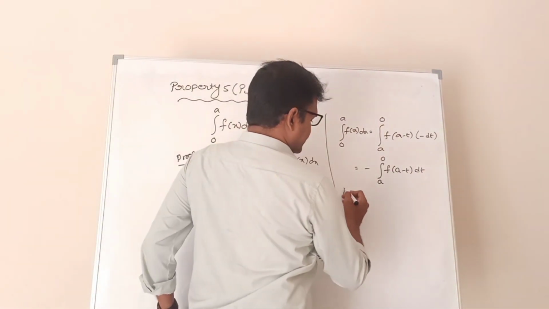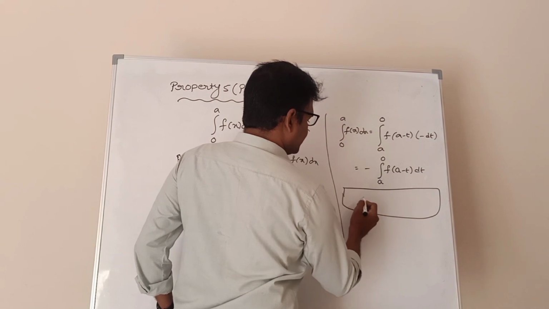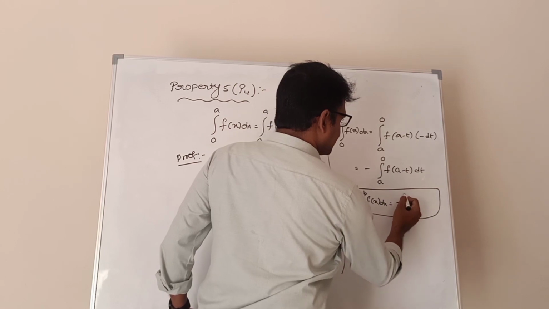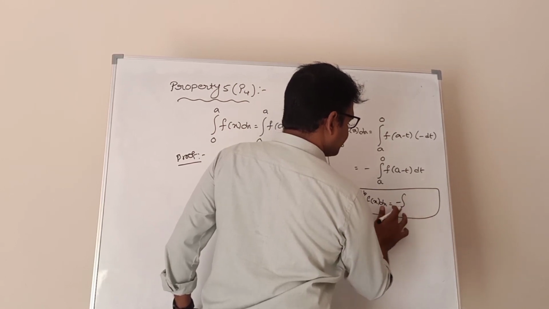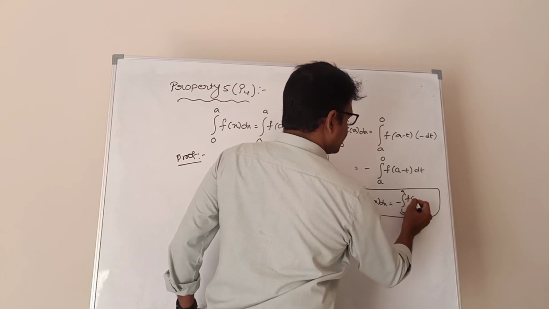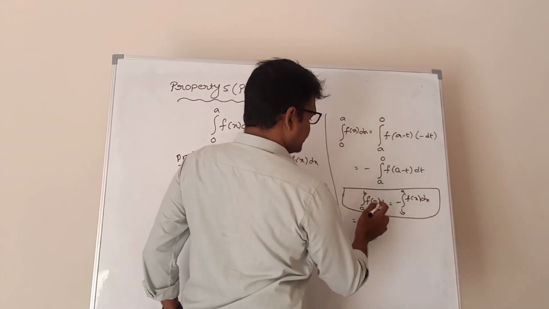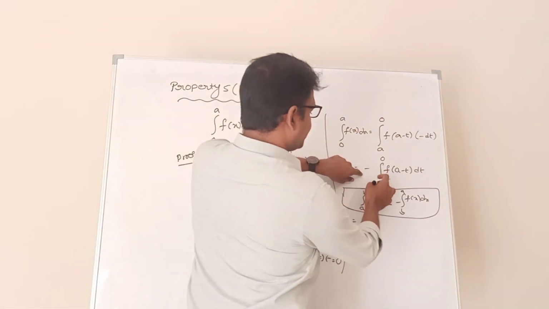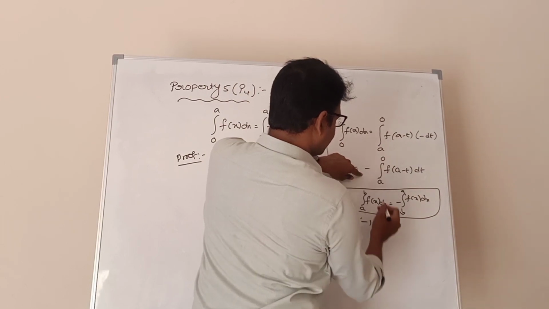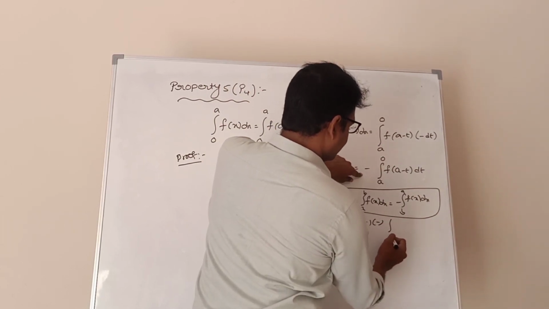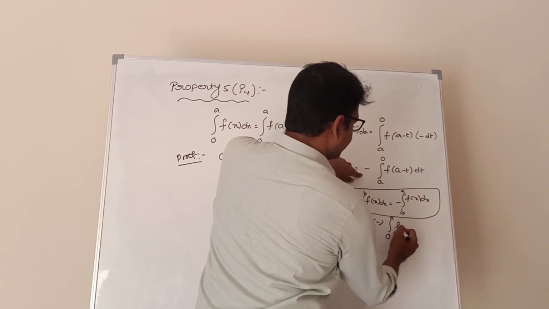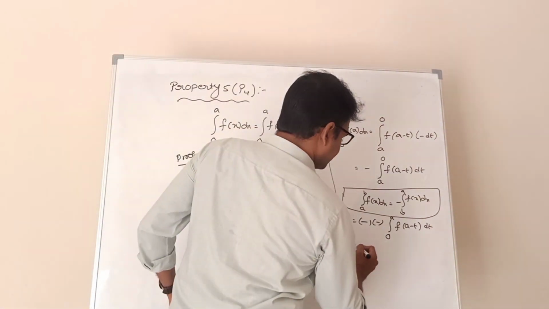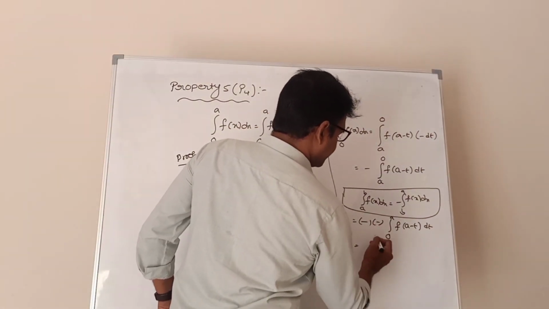So according to second property, integration of a to b f of x dx is equal to minus of b to a f of x dx. According to this property, if you interchange the lower limit and upper limit, you will get minus sign. So I am interchanging these two. Minus is there already, so again minus will come if I interchange the lower limit and upper limit: 0 to a f of a minus t into dt. Next, minus into minus plus, 0 to a.